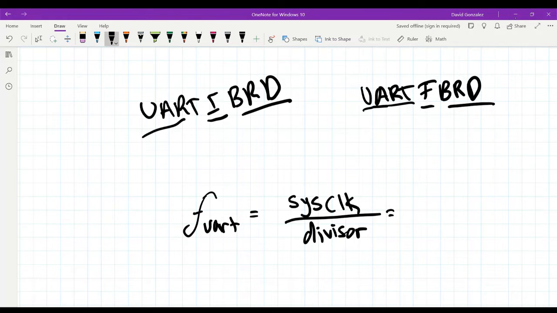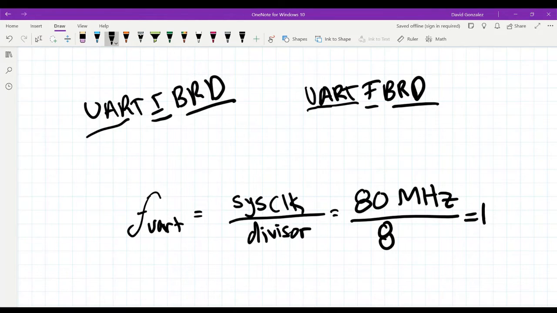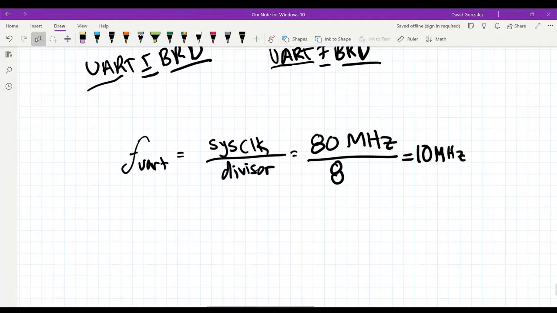So we have 80 megahertz divided by 8, and we get 10 megahertz. Okay, cool. Now that we have the 10 megahertz, the other equation that we're given is